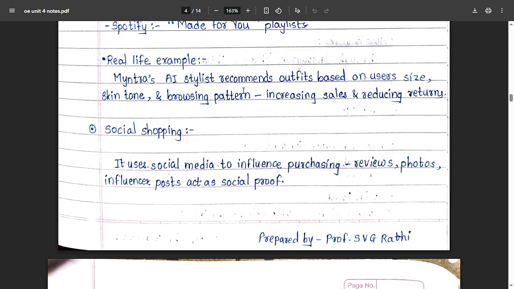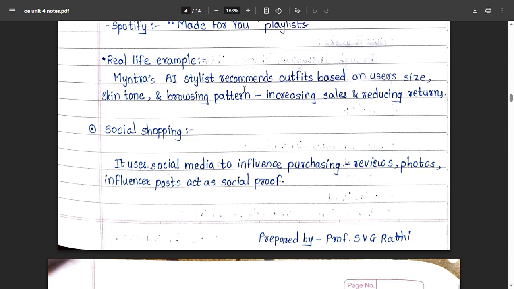So what's the benefit of this? It builds brand style, it builds brand trust, and it increases visibility through shares and likes. So next is UGC, user generated content.